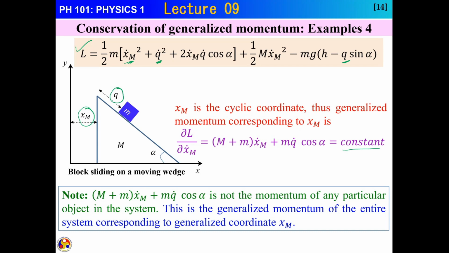Now, you have to be a little careful because when you deal with the combined system and you say that the generalized momentum with respect to that particular cyclic coordinate is constant, it's not talking about any particular portion of the system. It is the whole system that we are talking about. The entire system corresponding to the generalized coordinate turns out to be constant. So that means the momentum of the entire system is constant, not either this mass or this capital mass independently. This is a very important thing that you have to take care of.